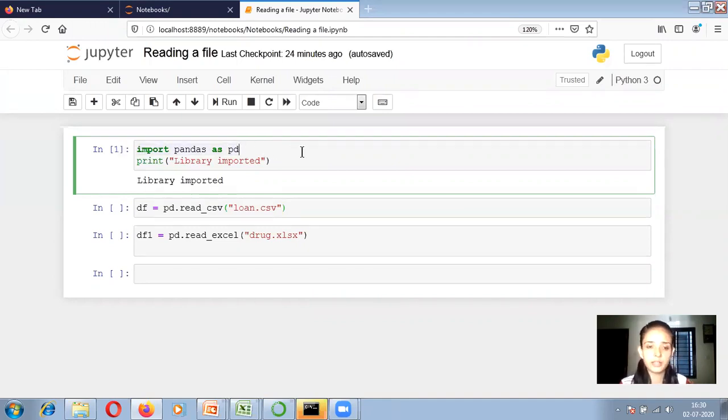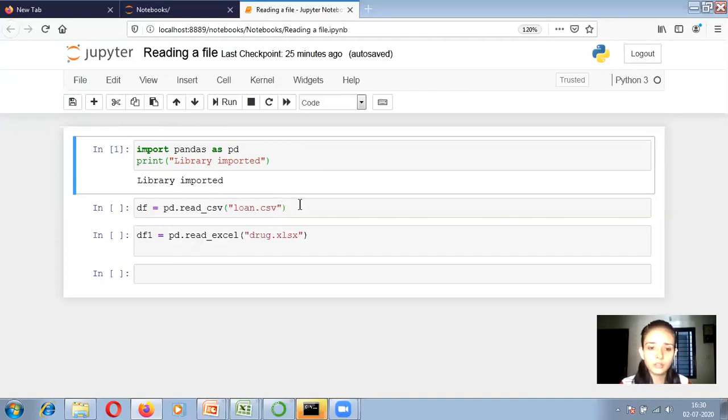If the Pandas library gets successfully imported, then the next statement will get executed, that is my print statement, library imported. I am running this cell and I am getting the output library imported. So my Pandas library is successfully imported into my Jupyter notebook.